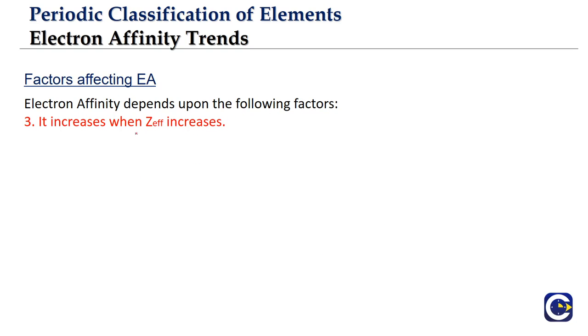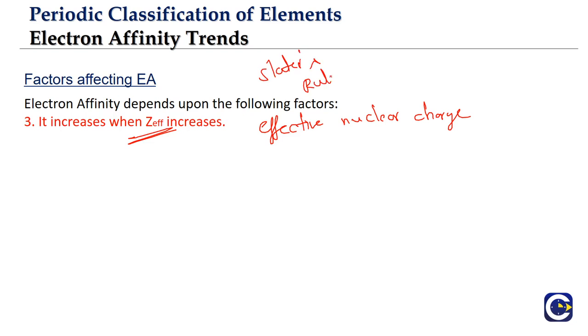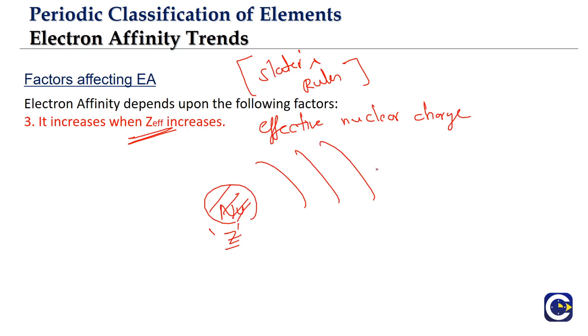The other factor is the effective nuclear charge. We will indicate this with the Z effective symbol. We already have a video on how to find this Z effective. Generally we will be using Slater's rules. There are other theories also to explain how to calculate the Z effective. What is the concept of Z effective? You have a nucleus. If the atomic number is Z, any incoming electron will not experience the total nuclear power. It only experiences what we call the Z effective nuclear charge.